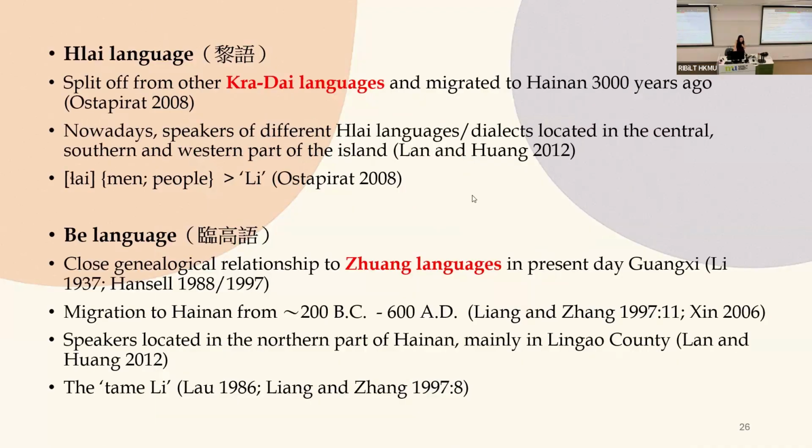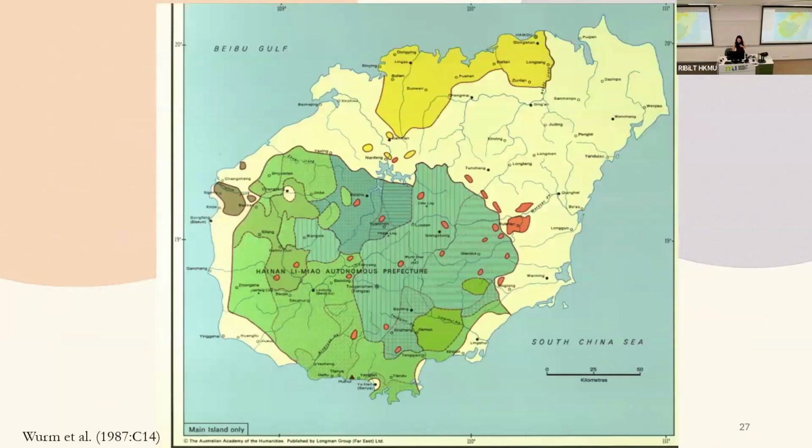And given Be speakers' greater proximity to the long-established Chinese townships and their high level of Sinicization, some scholars believe that the Be speakers are barely mentioned in historical records. And actually, if you go and ask a Lingao person, a Be language speaker, they probably wouldn't realize that they are not Chinese. They consider themselves Han Chinese already, and they have customs very similar to traditional Han Chinese customs, but their language is not a Sinitic language. Okay.